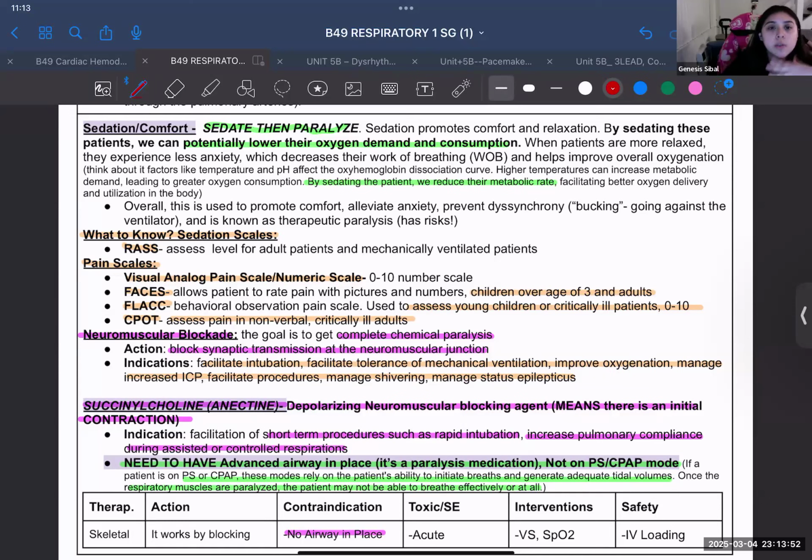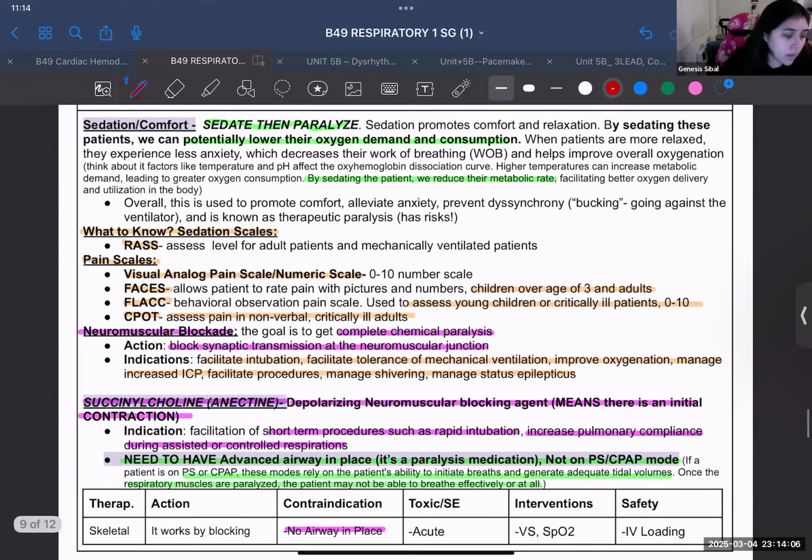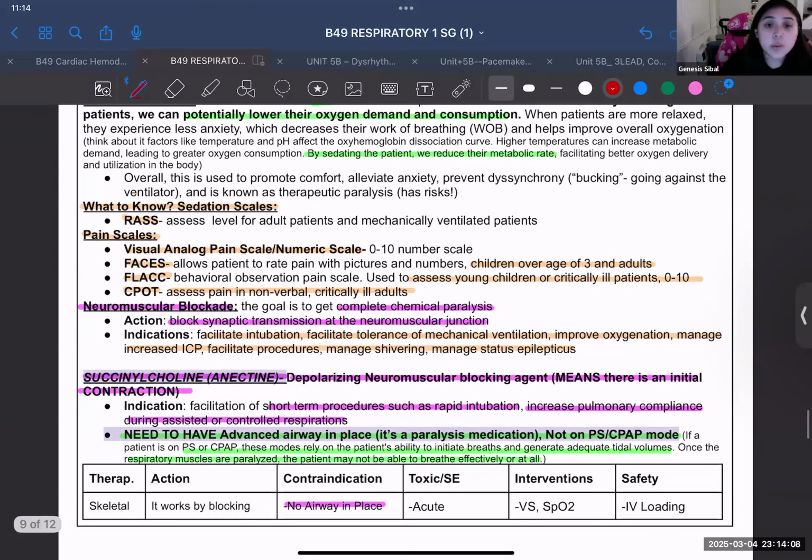So do you see what I mean here? It's just easier to do some of these things sometimes, because in the long run we want to make sure that these patients' bodies aren't overworking. And again, you're just lowering their oxygen consumption and demand overall. So yes, you reduce their metabolic rate, basically, is what we're talking about.